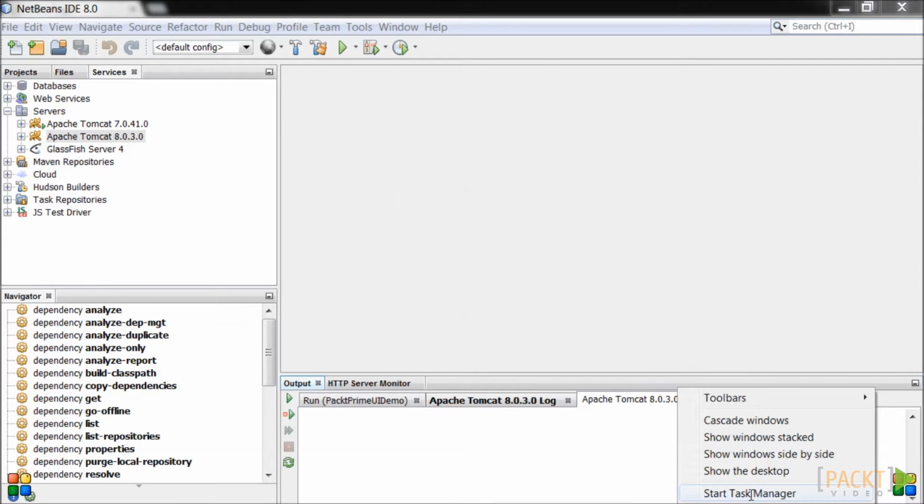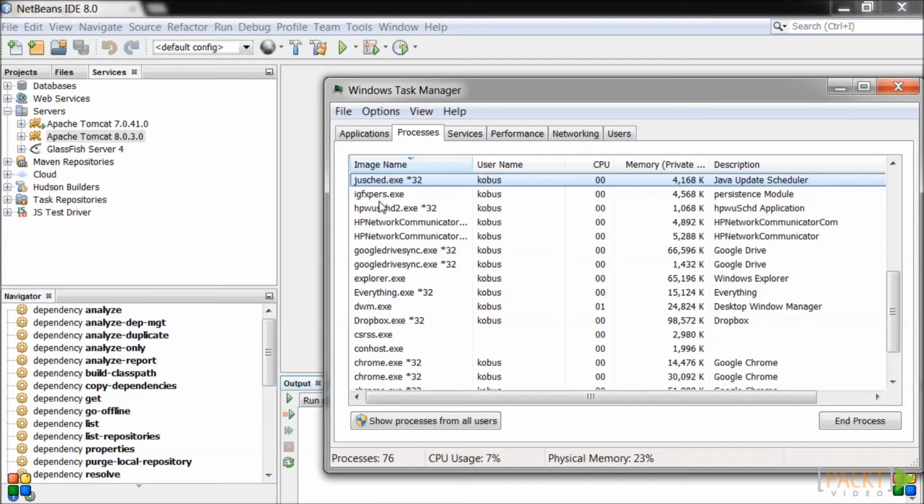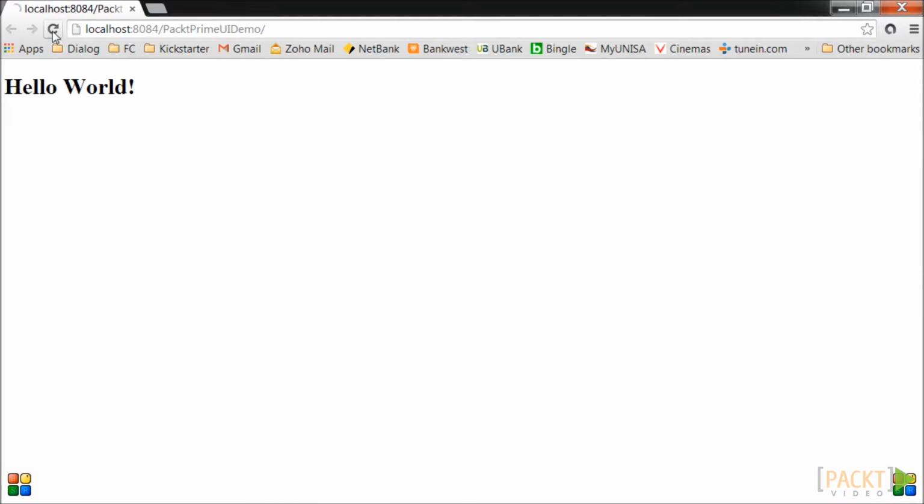You can also close the server by going to the Windows Task Manager, finding Java, and ending the process in cases where the server doesn't shut down through NetBeans. One way to test whether your server has been shut down is by opening a web browser and going to